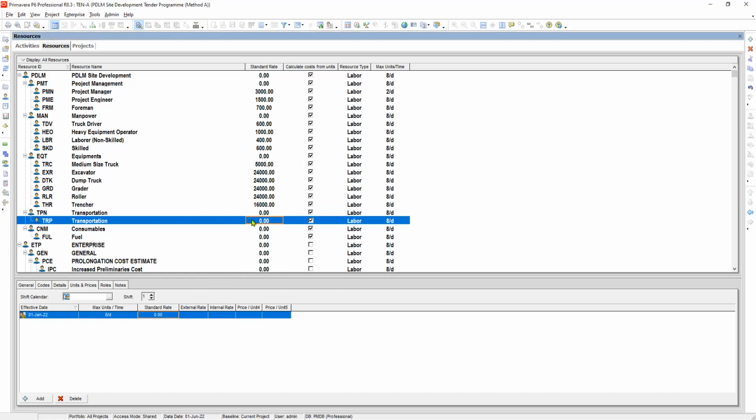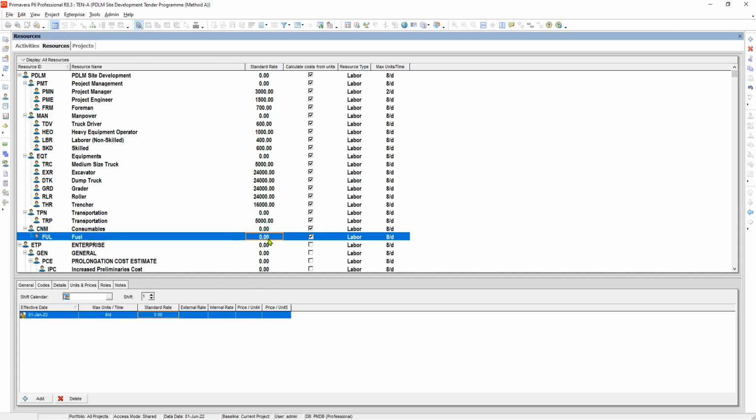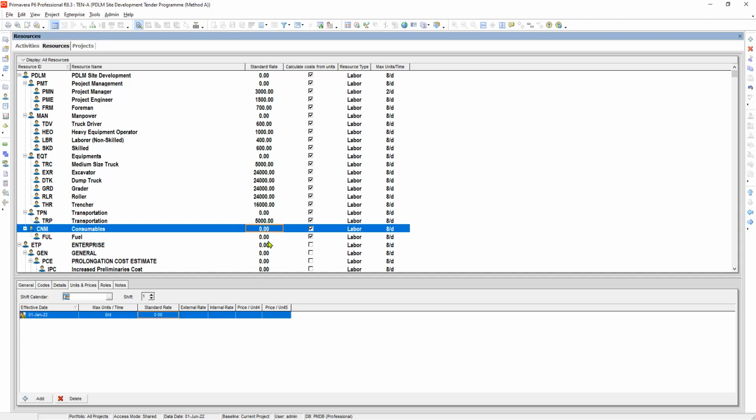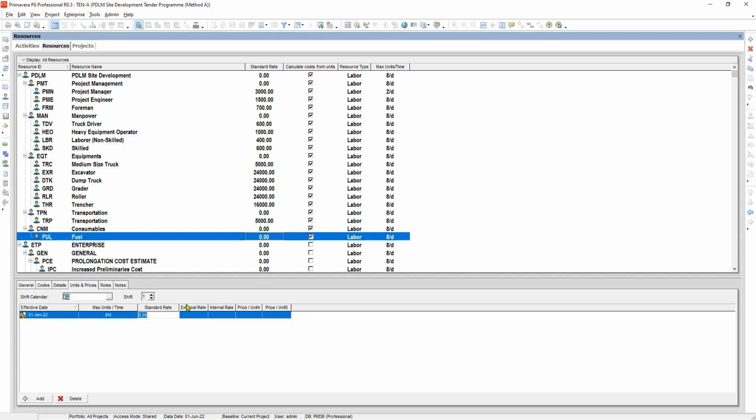So let's say for our transportation, we are paying 5,000 a day for the rental. And then for the fuel, let's say we have a rate of 100 per liter. Okay, we can show here, since our fuel is 100 per liter,